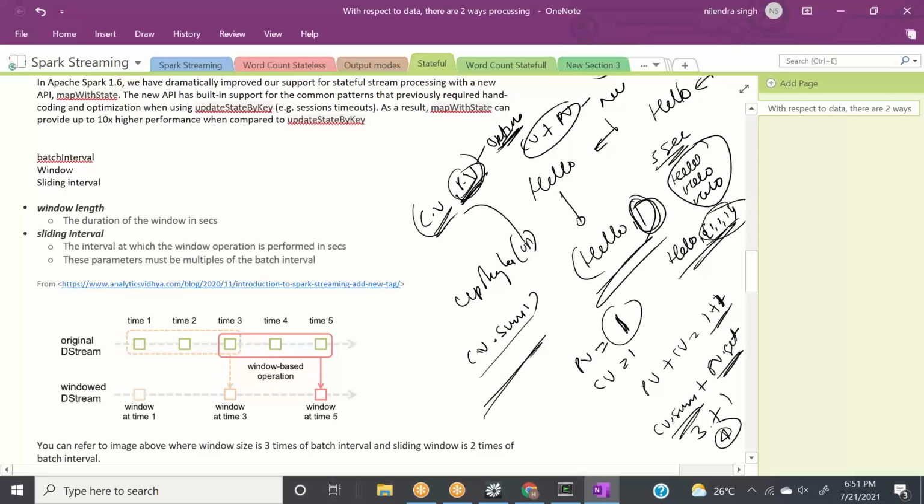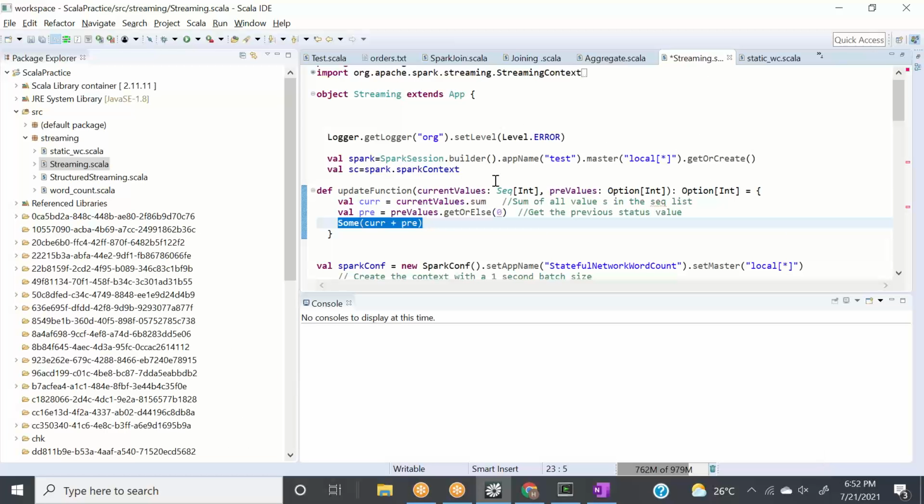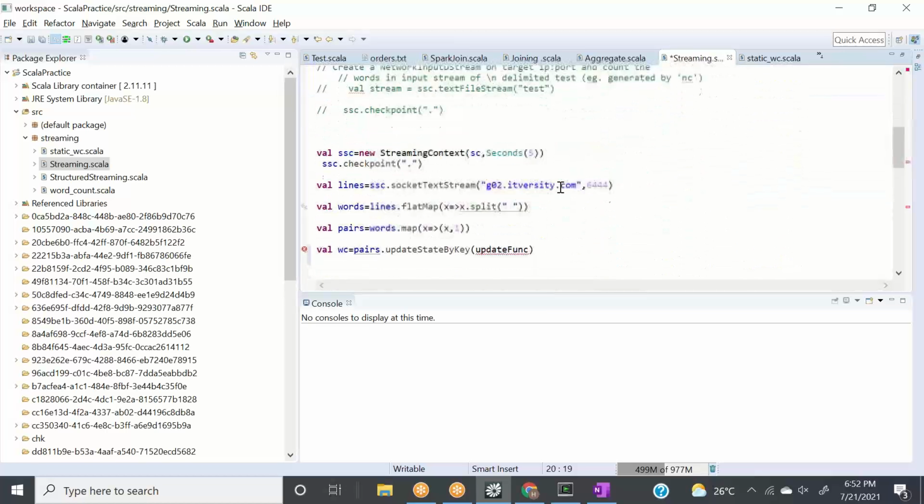This is how it is working, and this is what we wrote in Scala in 3-4 lines, right? Let me explain it. So it may be a sequence of integers, right? The previous value is an Option. The result will be an Option. Option means it can be Some or None. Then the current values which are coming, we are summing them, right? And to sum all the values in the sequence list, and then we are getting the previous state value, and then we are returning the sum or the result, right? And then we are passing this update function. Let's copy it, and we are passing that function here,